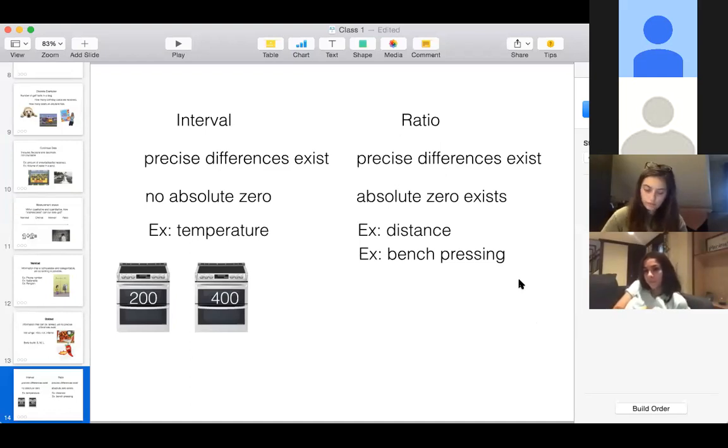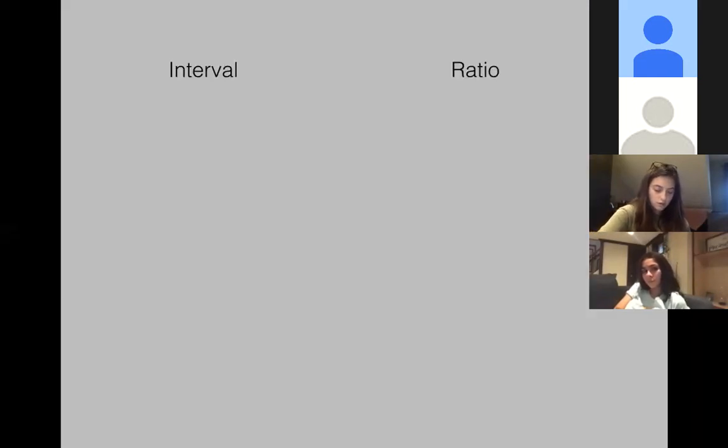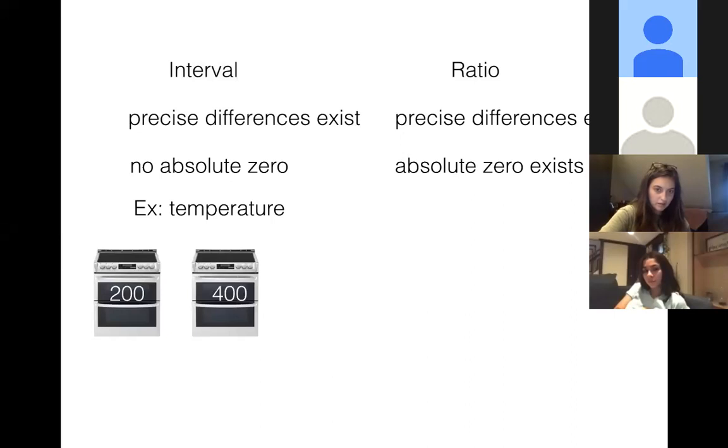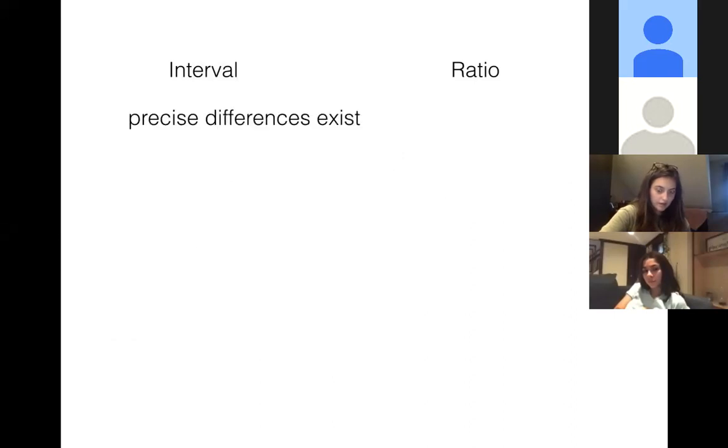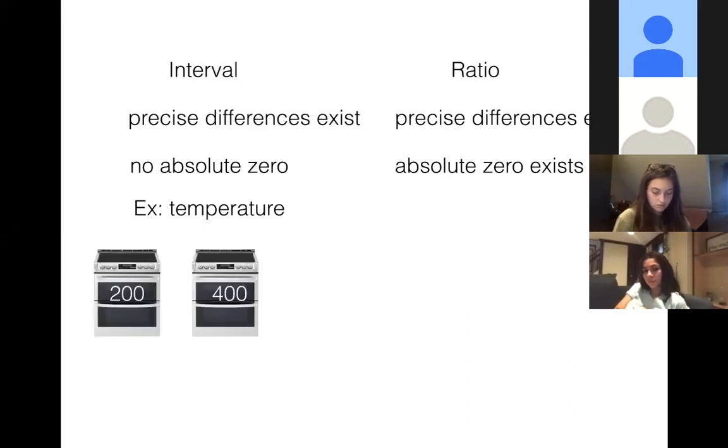If we're gonna cook brownies, and it says on the box of brownies that we are gonna cook for, I have to bring this back because I switched the screen for a sec. It says cook 400 degrees for 20 minutes. And we're saying we're going to make the brownies, but we don't have 20 minutes. We have 10 minutes. What do we try to do instead? Instead of 400 degrees, what do we, yeah, exactly. We try to up it to 800 degrees for 10 minutes.